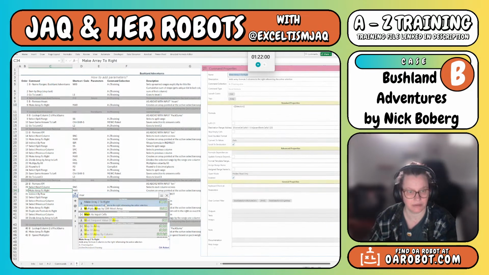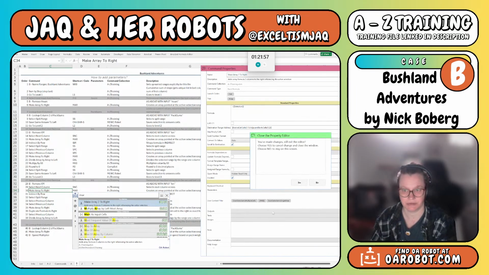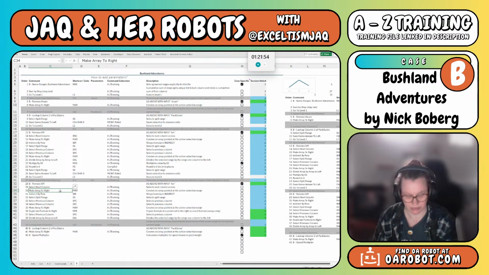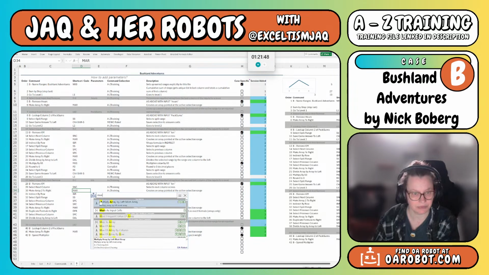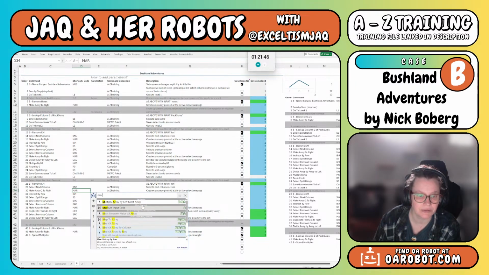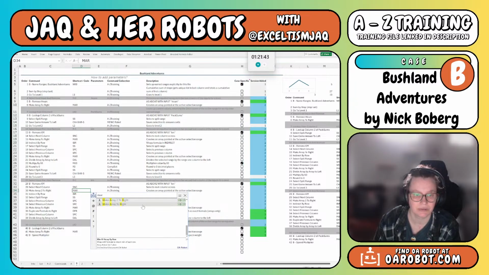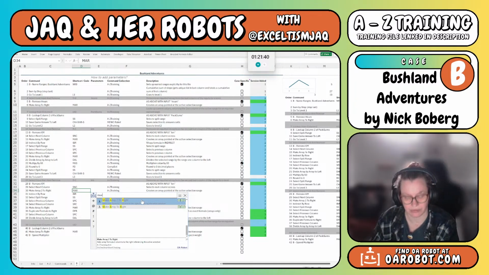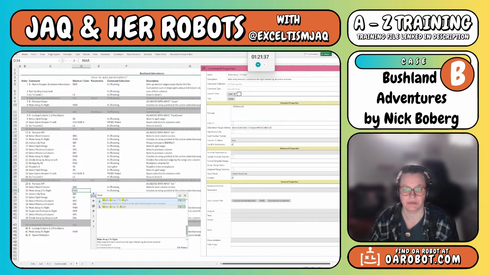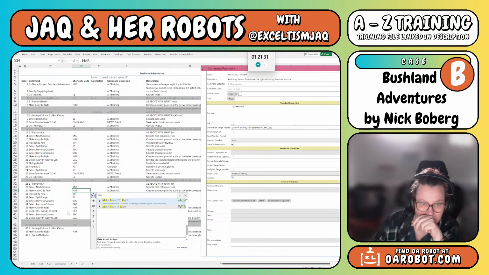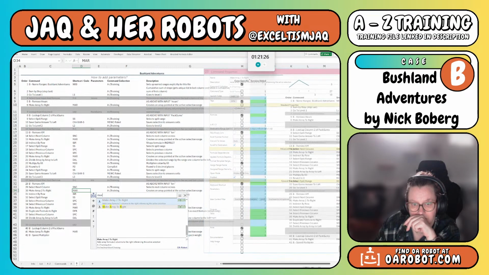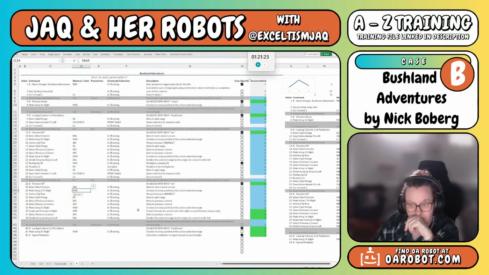I'll make array 2 to right, which I should actually change the reference for. I'm going to call this one MA2R. Direct per row, and then we can actually go